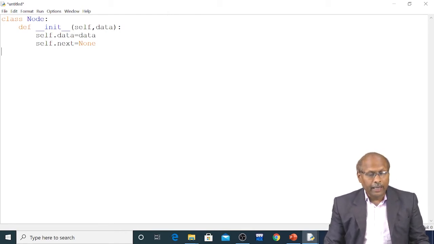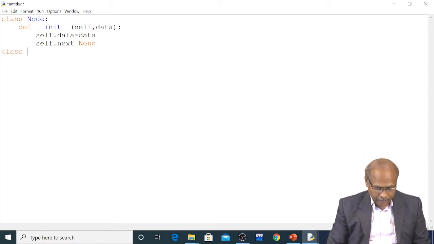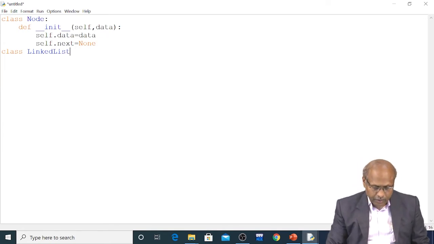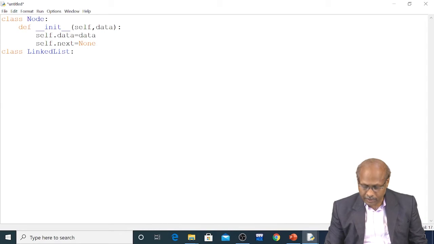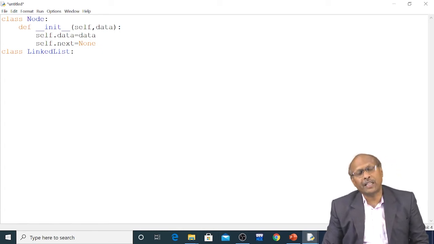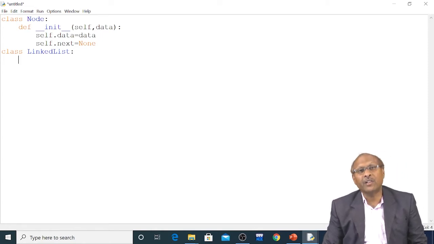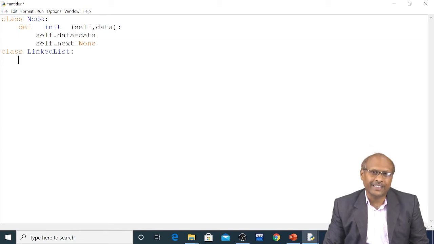Now what do I have to do? I have to create a linked list. So I should write a separate class LinkedList. Remember, while writing the class, you should give a colon symbol at the end. Then you should write the constructor. So how to write a constructor in Python? You should write a method called the init method. Generally, in other programming languages like C++ and Java, the constructor name is the same as the class name, whereas in Python you should write the init method. Before init, you should write double underscore before as well as after, because these are built-in methods. This name you cannot change.